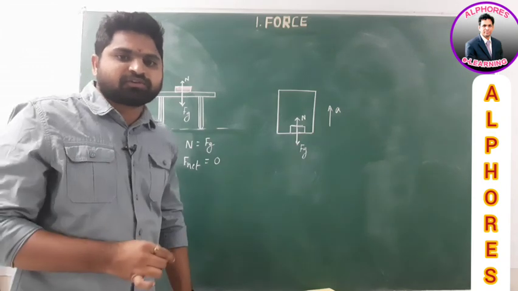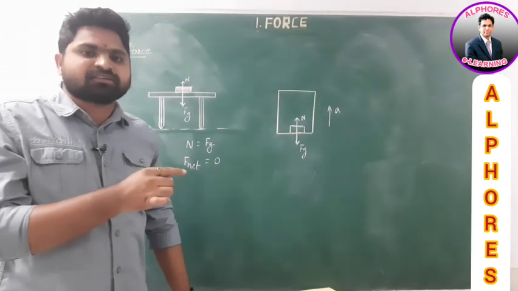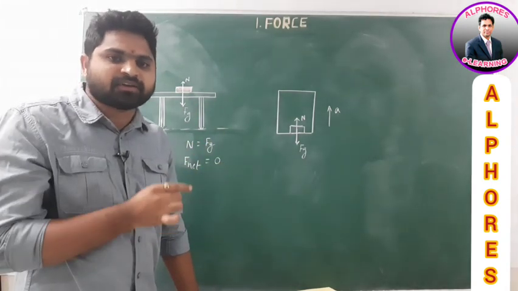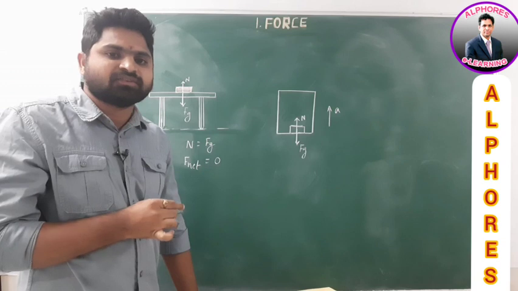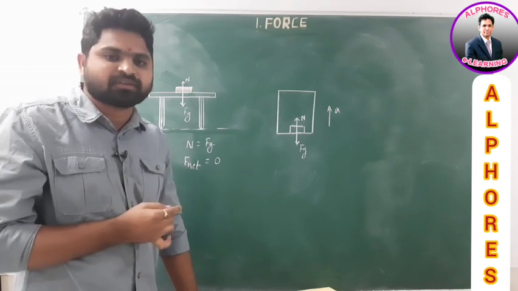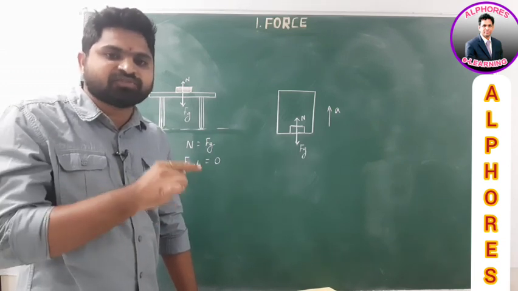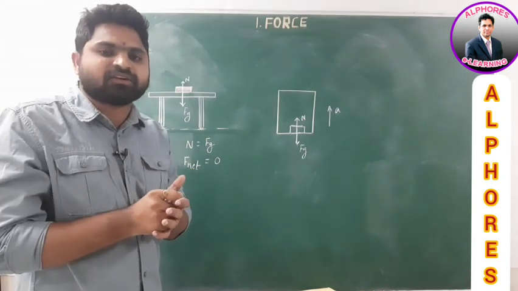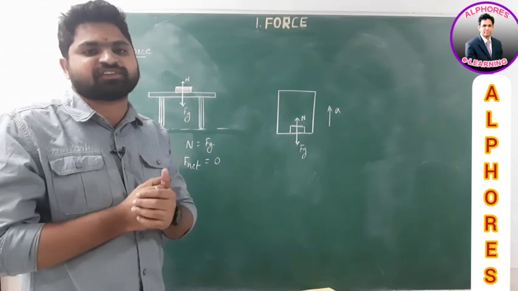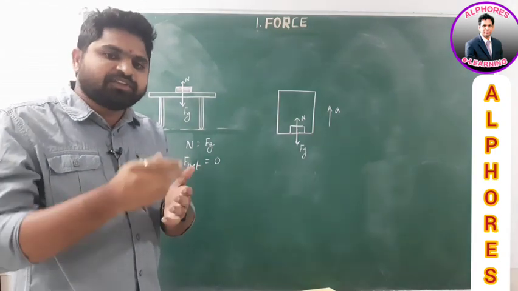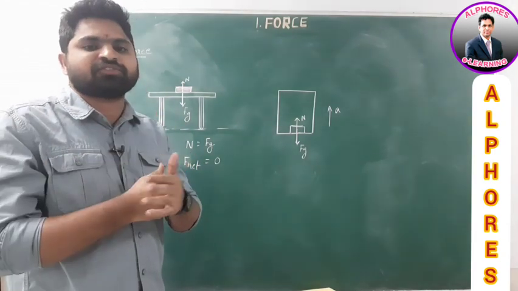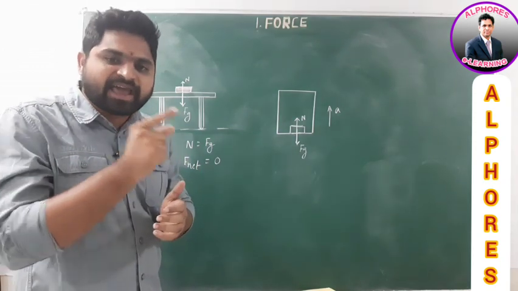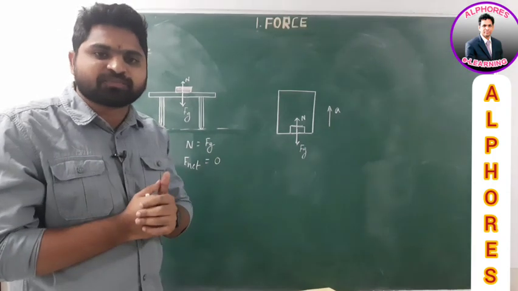Now, one thing I want to say here: I said that this lift is moving upwards with an acceleration, so one word is involved, acceleration. What is the meaning of acceleration? If any object moves with a non-uniform velocity, then we can say that object is moving with an acceleration. For suppose, if the object moves with a constant velocity, the same velocity throughout the motion, then the acceleration acting on the body is 0.